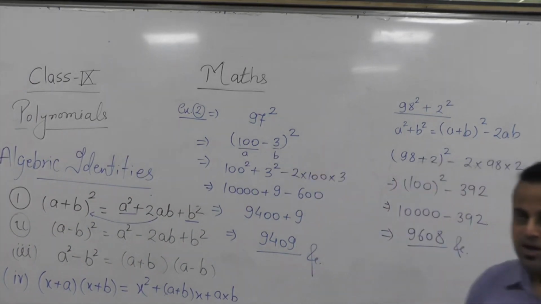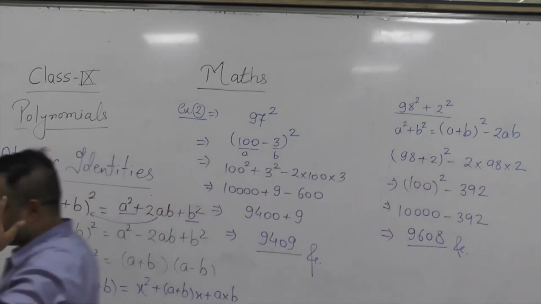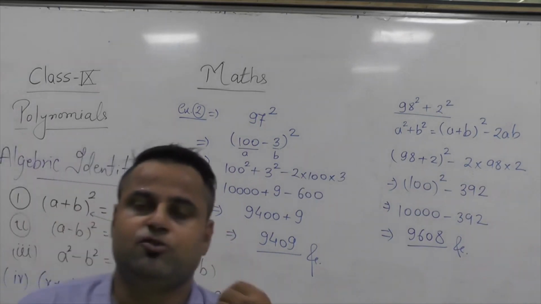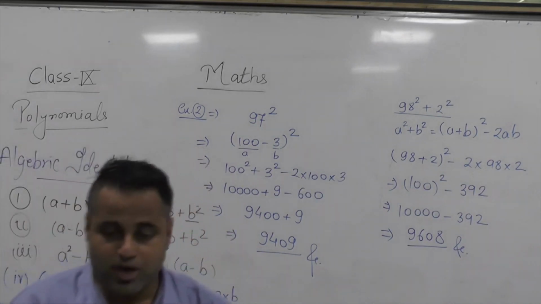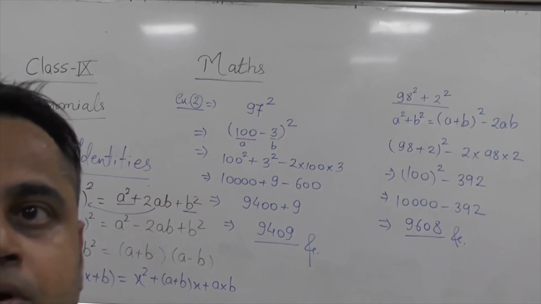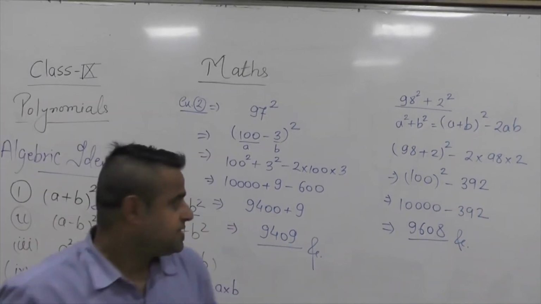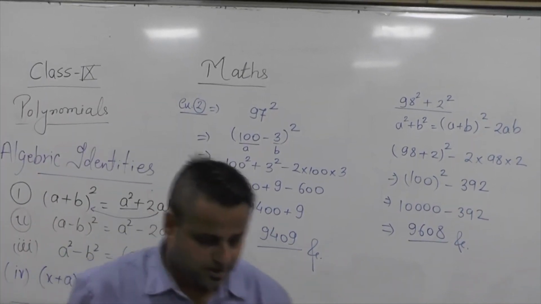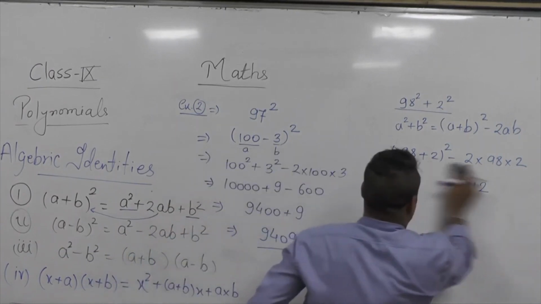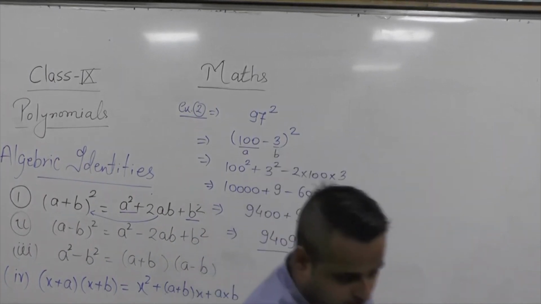What we have done here is simply use that identity to get the square of 97. You can use different identities for different perspectives. It depends on what you are assuming, what you are thinking about the number, what you are actually focusing on about the number. Now, the next thing is a different question. I will show you one more example of the third and fourth identity.